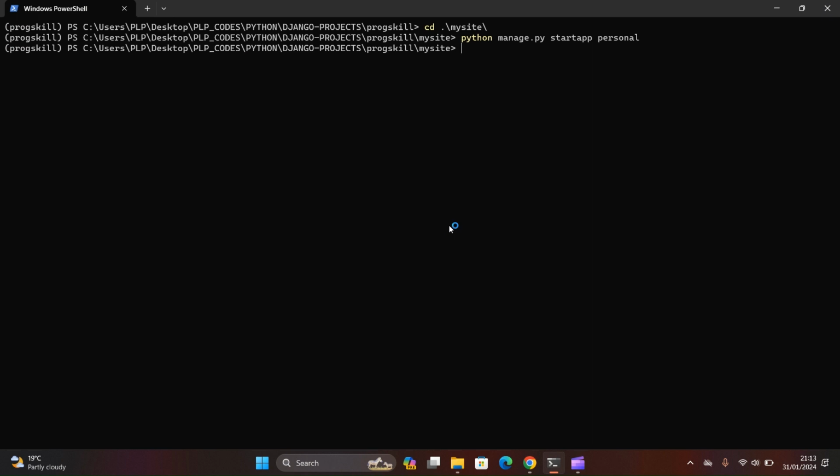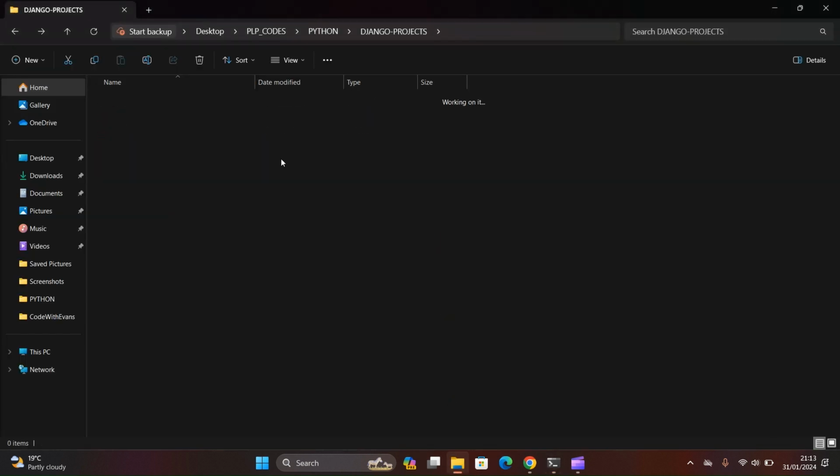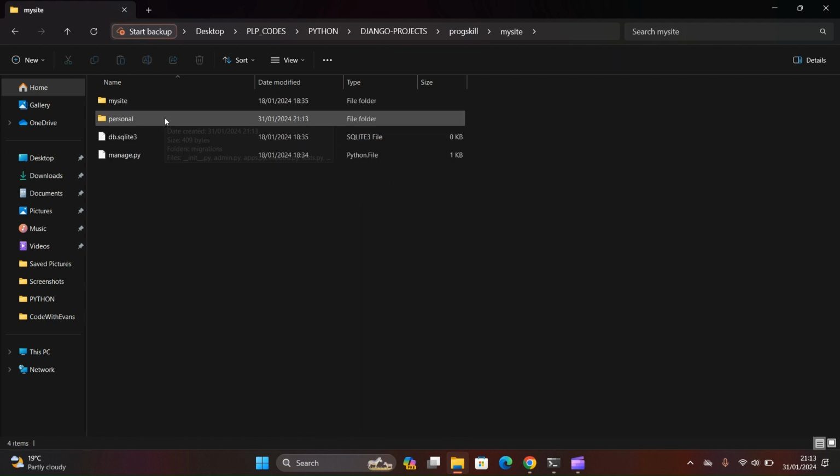you run python manage.py startapp, and then the name of that app. Mine, I'm going to call it personal, and then press enter. And once I press enter, my first Django app has already been created. So let's go to our files and see if we can find that Django app. I'm going to go to my site, and then I can see this Django app here that has already been